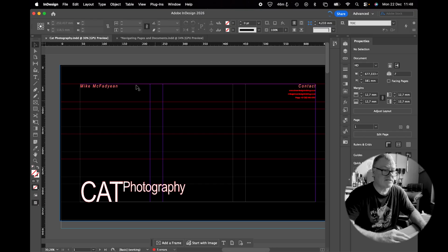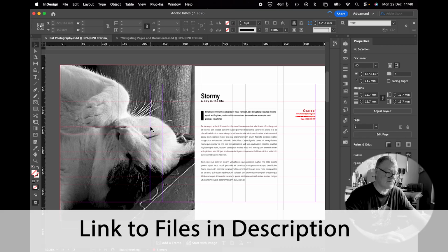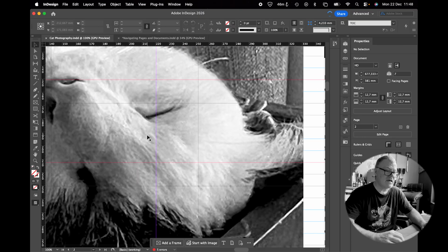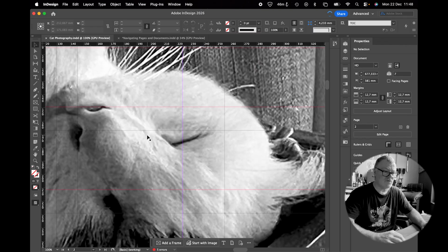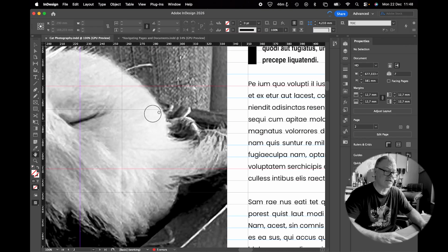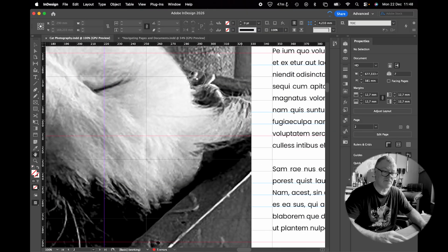So when you're navigating around a document, there are a few things you need to be aware of. If I just go to the second page and zoom in a little bit, we'll cover how to zoom in a moment. Now, if I want to pan around, move around a document, I have a hand tool here. If I use the hand tool, I can click and drag to move around in a zoomed in page or